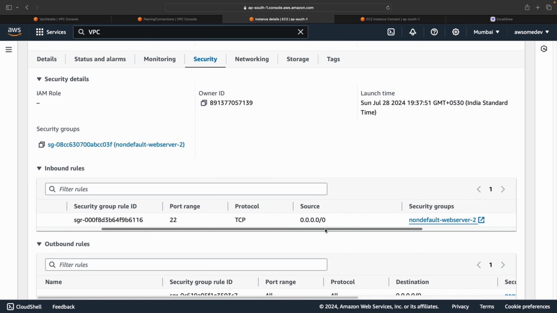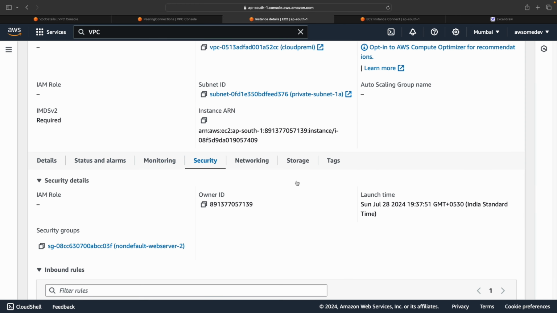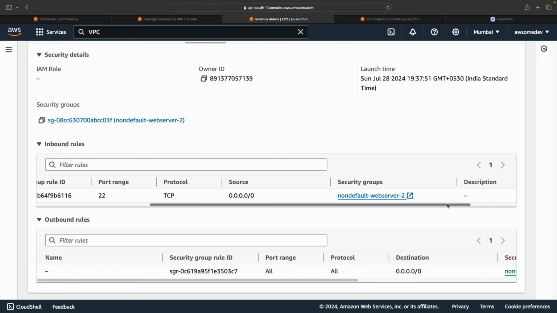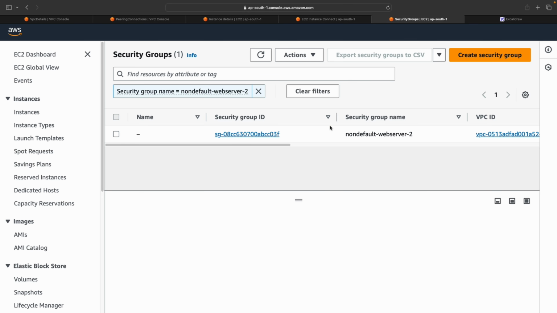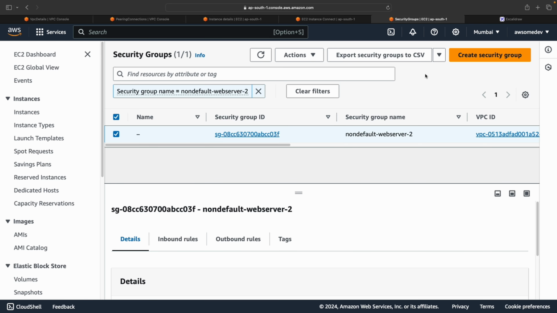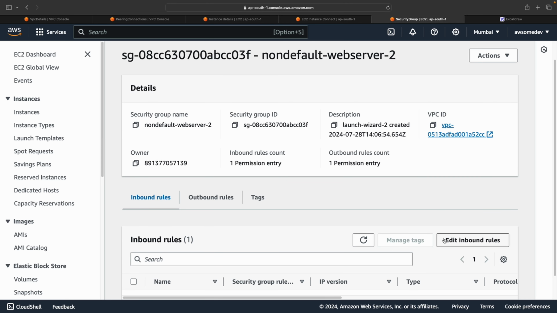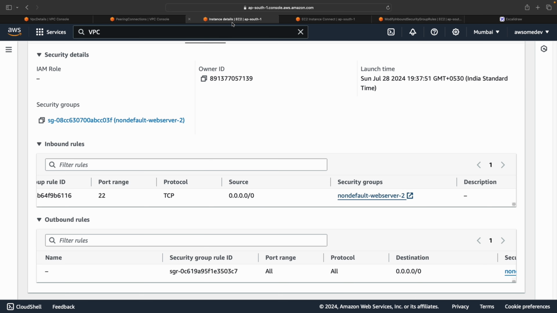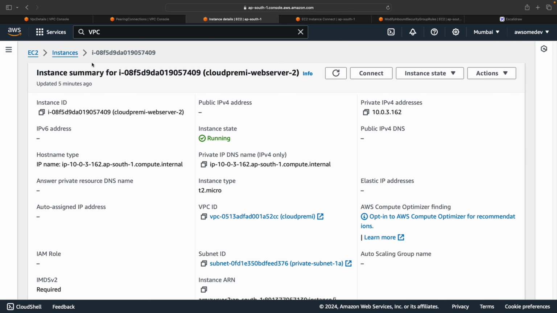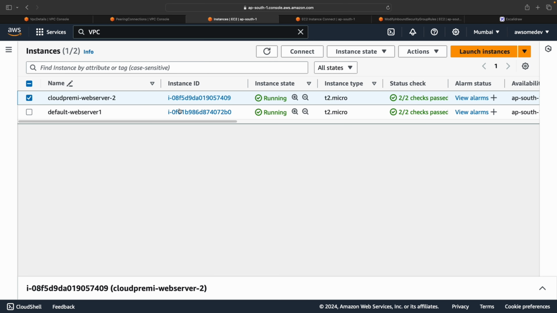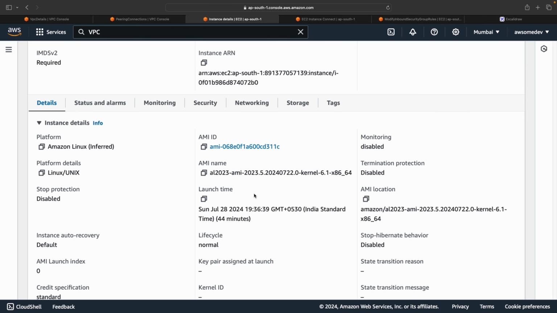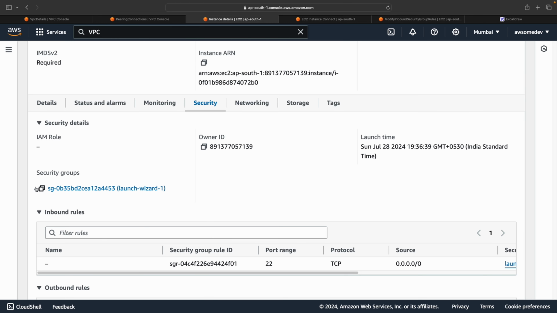Here, if you check, the TCP port is allowed to all, but I will have to modify my security group so that my default VPC can talk to this secondary VPC. I will add the rule, and because I am trying things from my default web server 1, I will have to add the security group of this EC2 instance to my